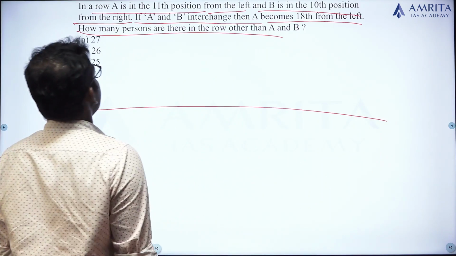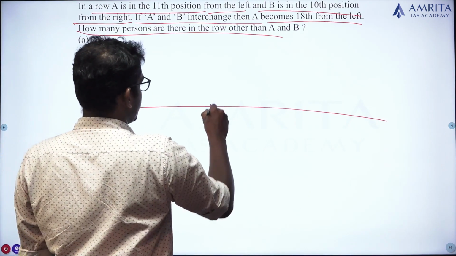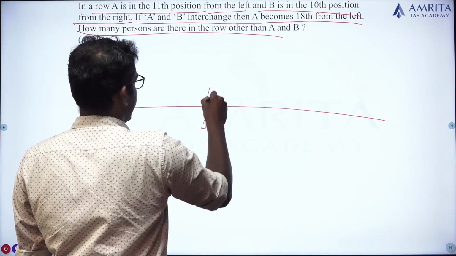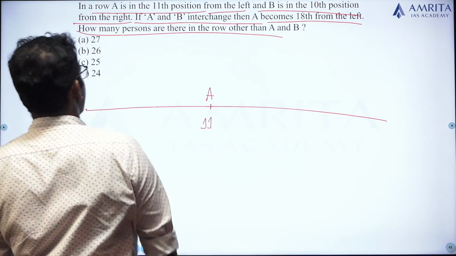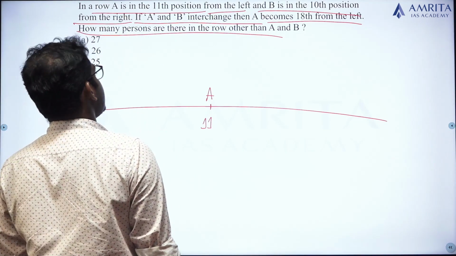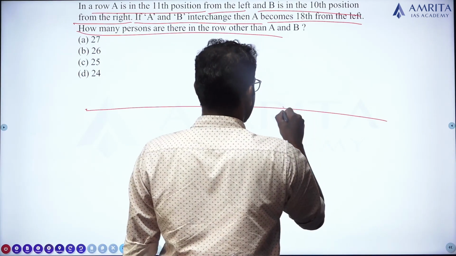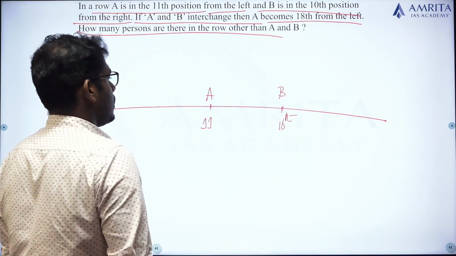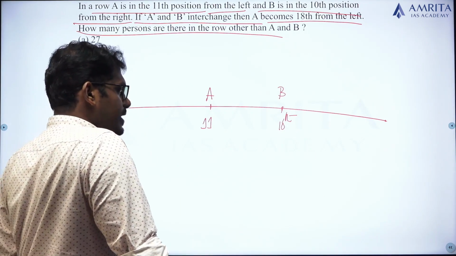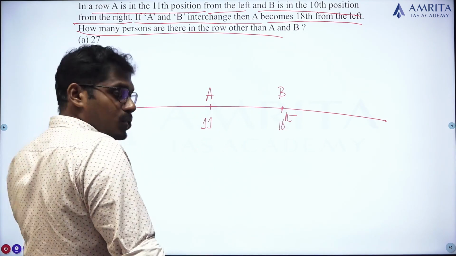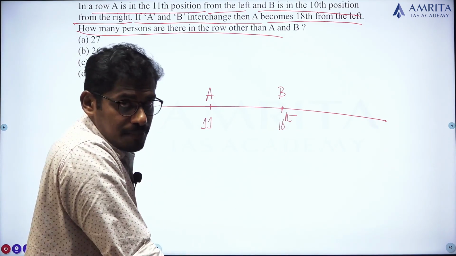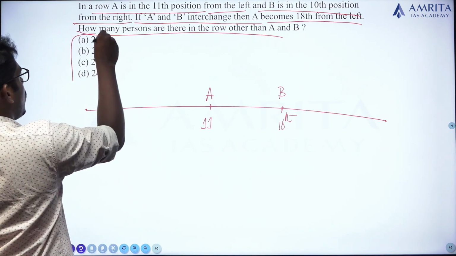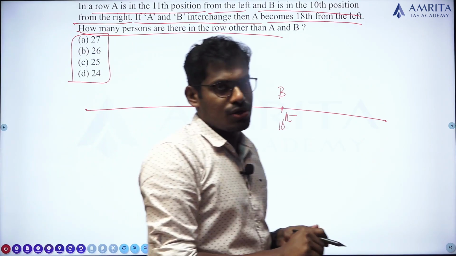This is a row. A is in the 11th position from the left. B is in the 10th position from the right. Okay, this is B. Clear? You may have a doubt whether B is to the left of A or to the right of A. It is to the right of A. Clear? See, by looking into the options, all the options are greater than or equal to 24: